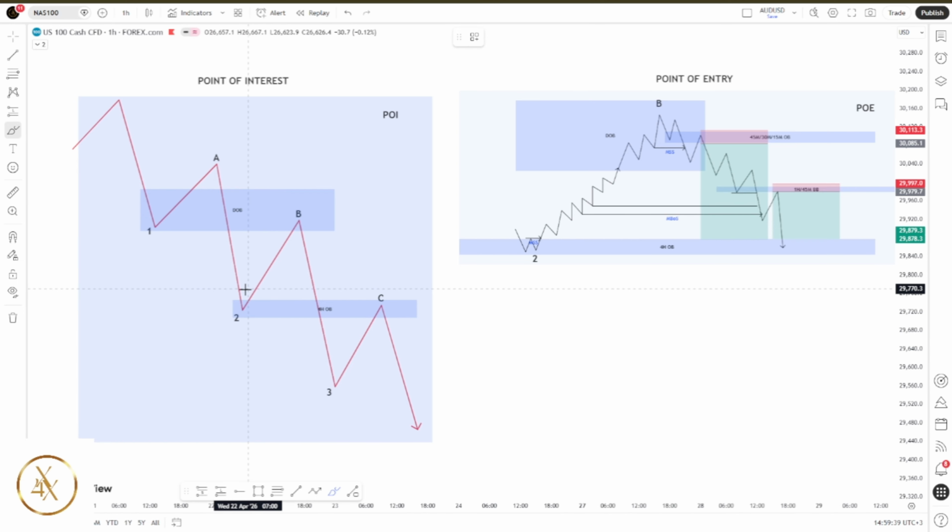You can see price was coming from A. Let me start with one, because one was where the daily order block was formed, and price came to A, which is the lower high, and a lower low was created, breaking through the daily order block here. Creating a lower low to create a lower high back to point B, which is the retest to the breaker,